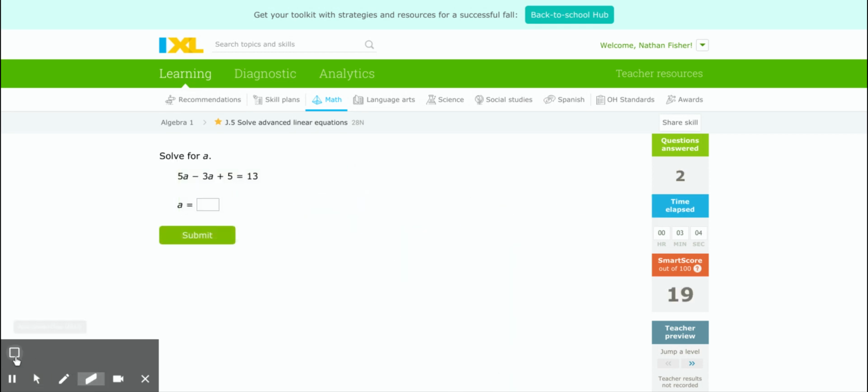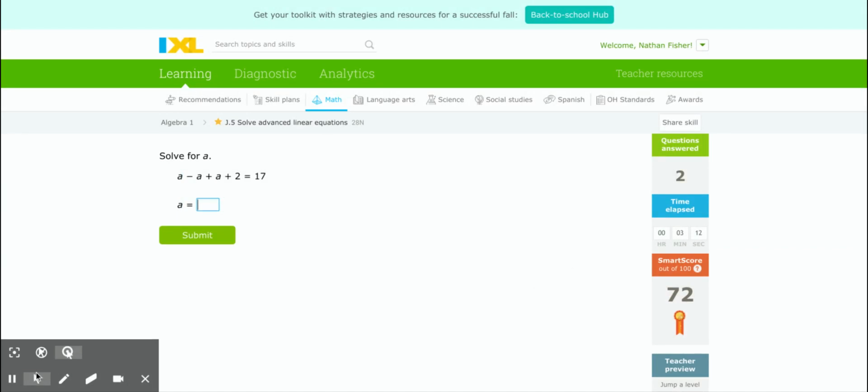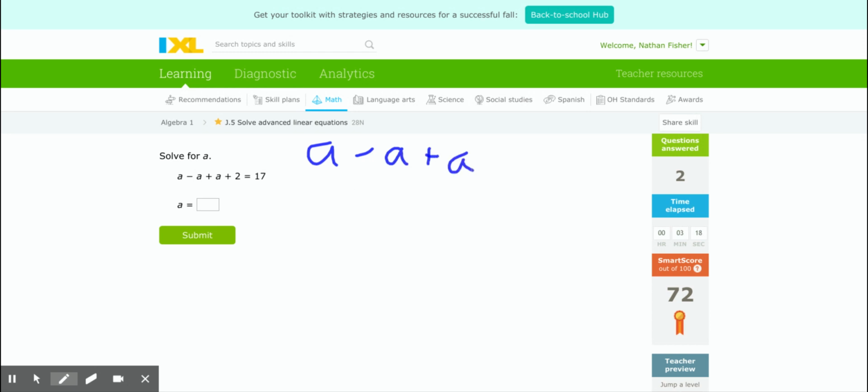All right. Let's jump ahead a little bit, see if there's anything that really throws us. Oh, now we're in the 70s range. Let's look at something like this. I have a minus a plus a, seems redundant, plus 2 equals 17. My suggestion is anytime you have multiple variables or multiple constants on the same side of the